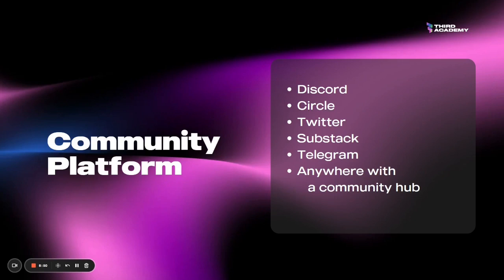If you started to grow a community and you didn't want to jump with both feet in right away, starting with a newsletter like Substack that does have a community section could be beneficial to you. And then Telegram does have that community aspect to it, where you might be managing a group of people through Telegram, and basically anywhere else with a community hub. So it'll be up to you to make that decision as to where your community is being held, unless you're hired somewhere and they already have a community hub.